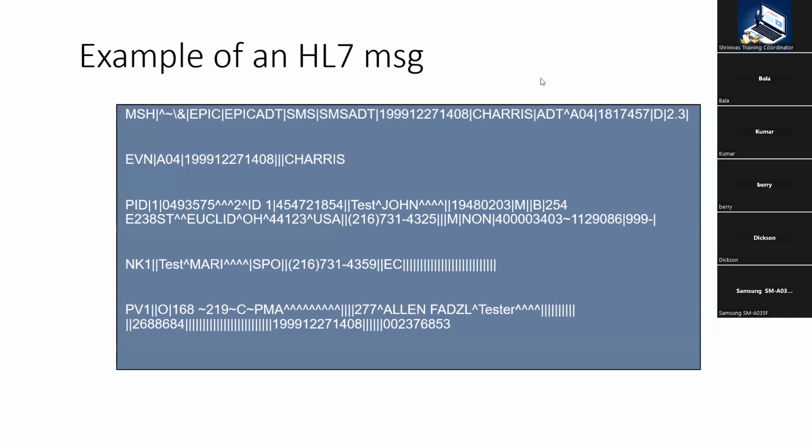So in the Mirth Connect sessions, it is completely technical, where we'll be seeing how to construct the messages that we have seen in the first section. So it's not just understanding HL7, but you also need to develop HL7 messages. So how we can use Mirth Connect to develop those messages, how we can use Mirth Connect to transact those messages, what are the various connectivity models that you can use, will be covered in the third section. So that is how the